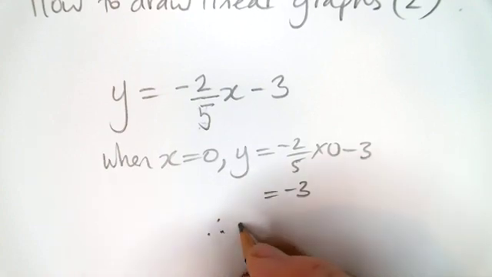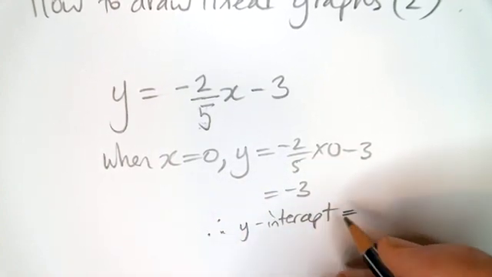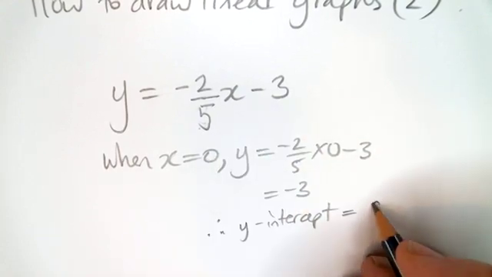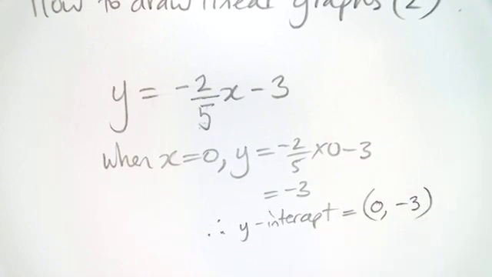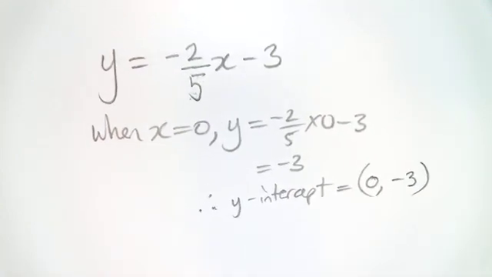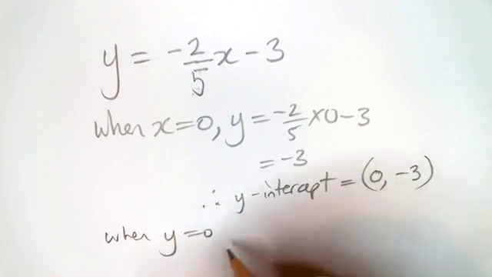Therefore, y-intercept equals 0, comma, -3. 0 along, -3. We also then want to do the same for the x-intercept, so we want to say when y equals 0,